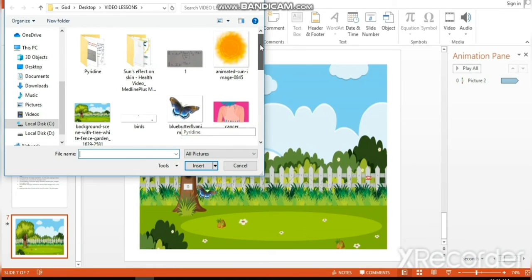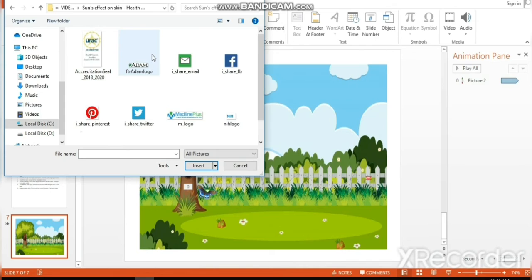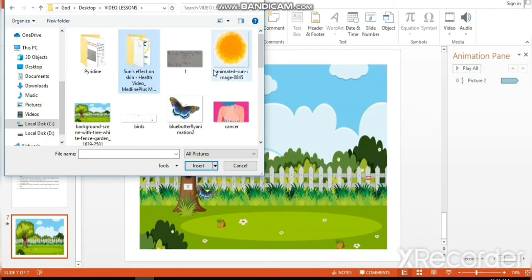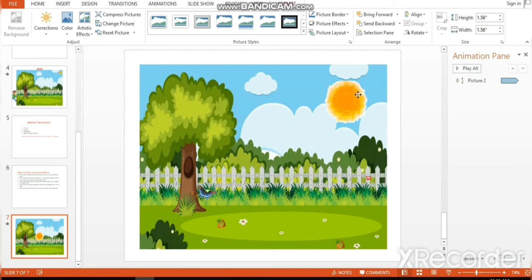I am searching for the apt sun image. Okay, no problem, we will select this and resize it. But this is not suitable for this particular scene.